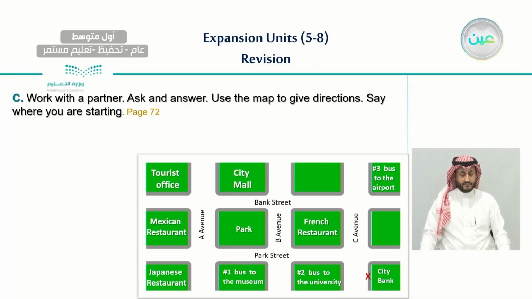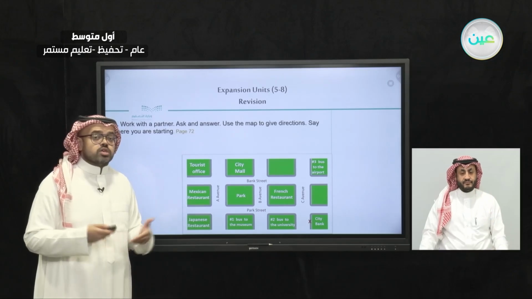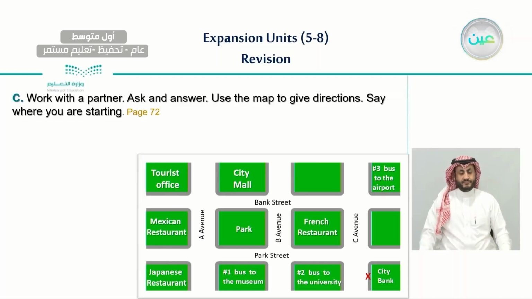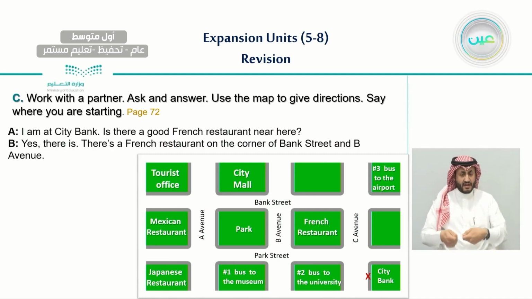Also another exercise we answered last time was the exercise about giving directions. And here you have on page 72 a similar map to this. All you have to do is use this map to give directions. For example, you are standing here at the Citibank, and you'll have a question like, I am at the Citibank, is there a good French restaurant near here? So starting from